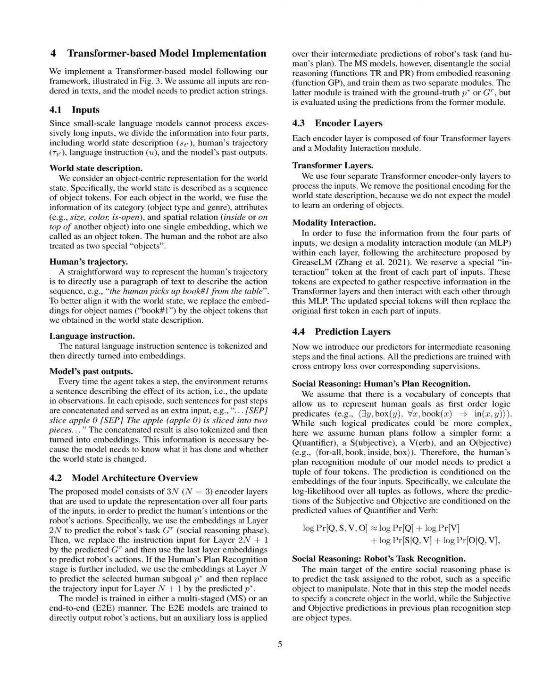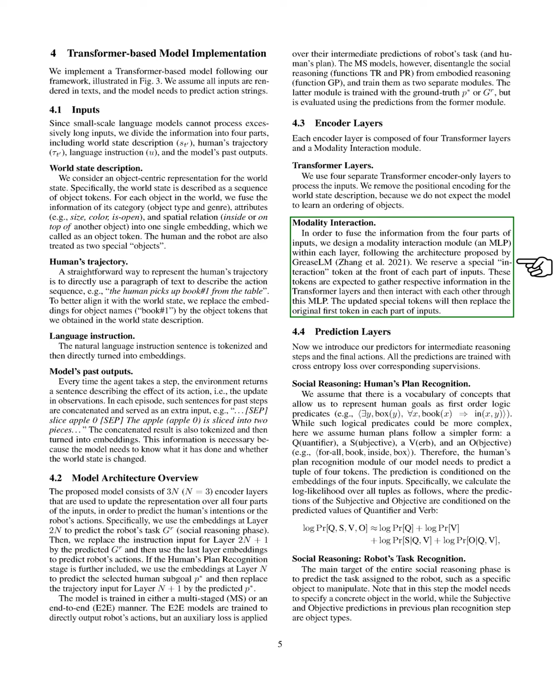Section Summary. In this section, we outline our approach to embodied reasoning and grounded planning for robots, where we convert natural language instructions into precise robot goals and utilize a transformer-based model to process various input components, including world state, human trajectory, language instructions, and past outputs. Our model architecture employs multiple encoder layers to predict robot actions and human intentions, integrating information through a modality interaction module to enhance the decision-making process.